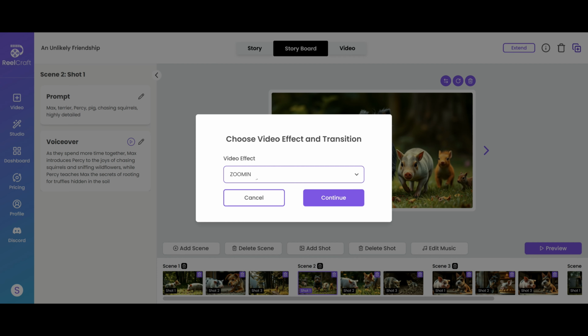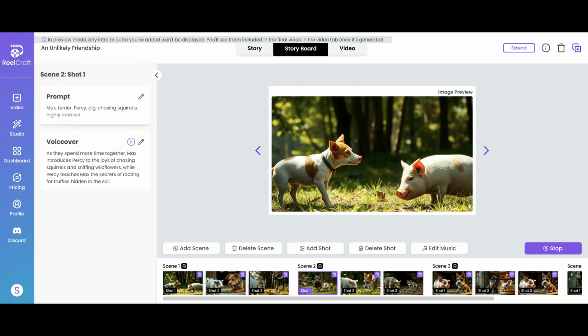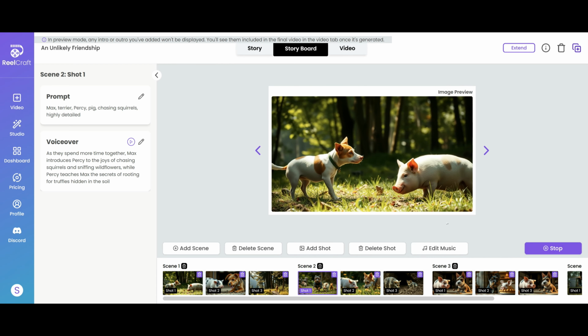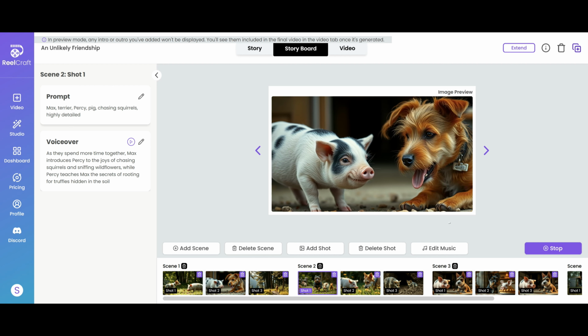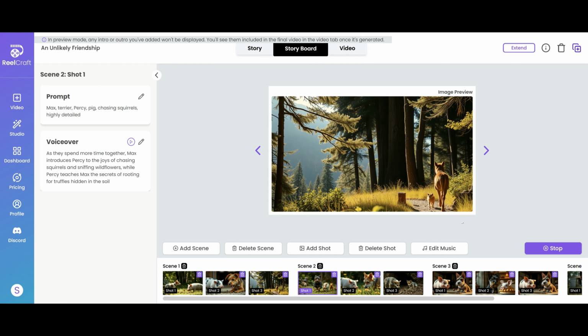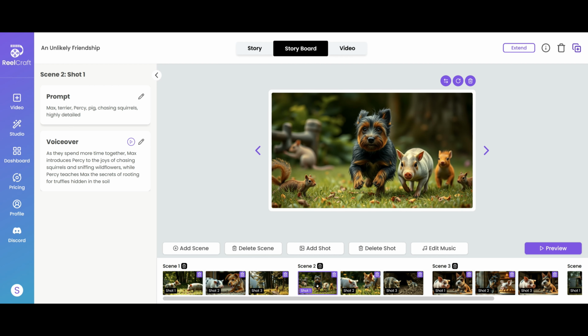So if I chose zoom in for that particular shot, and then if we played the video, Max, a playful Jack Russell Terrier, meets Percy, a curious pig, near the edge of a sun-dappled forest, and they instantly bond over their love for adventure. As they spend more time together, Max okay, so when we got to scene 2 shot